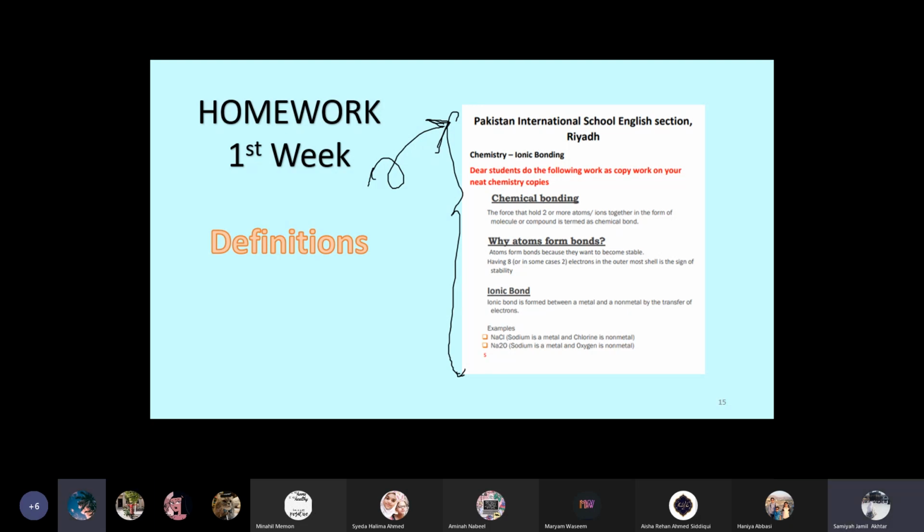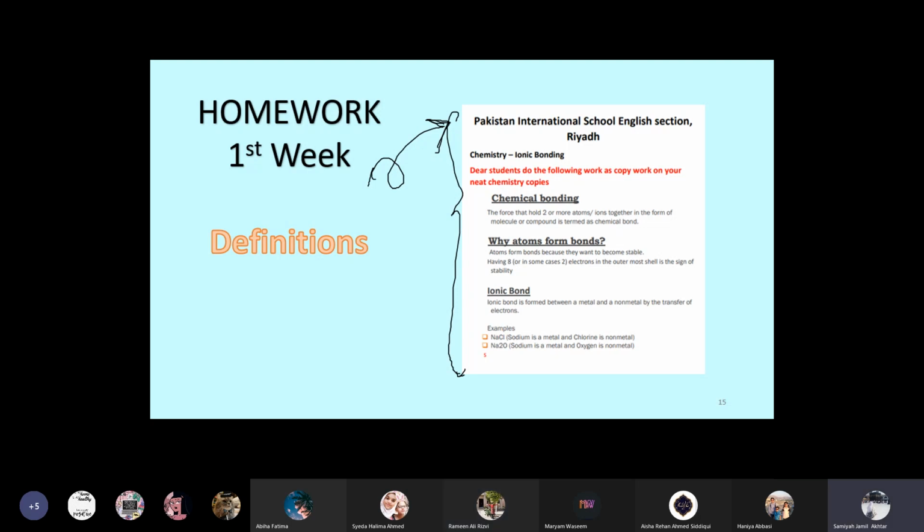Is the page already made? Your subject sections are already made, but the page is not made yet. Today when I go home, after 12 o'clock or after 1 o'clock, inshallah, I will upload it. I will make the page and post it, and you have to upload your work after this page on the same one.